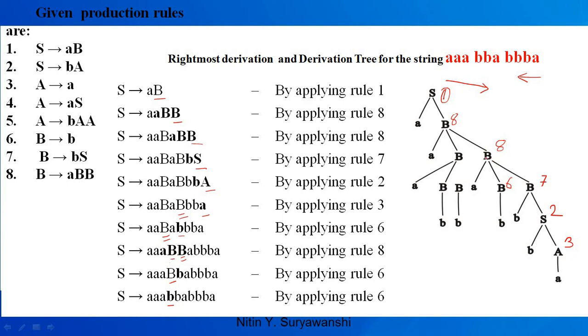Then if you travel here, this one is the leftmost. Then here we have applied rule number 8, then we get this one. Then here we have applied the rule number, again we travel here, depth first search, and then we get this, apply rule number 6 here. This one is the rightmost, rule number 6 is there, and the node is completed. We have read this string, so we get the same string. So this is a rightmost derivation.